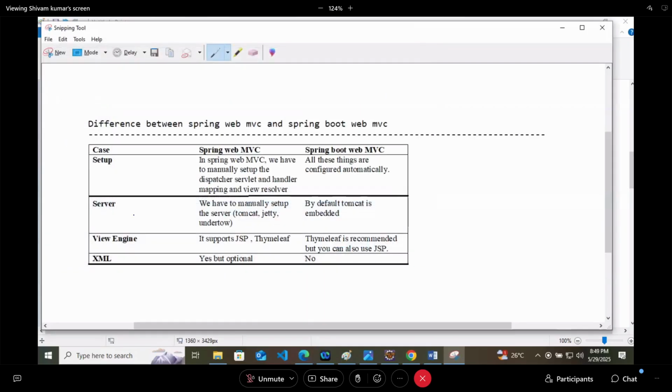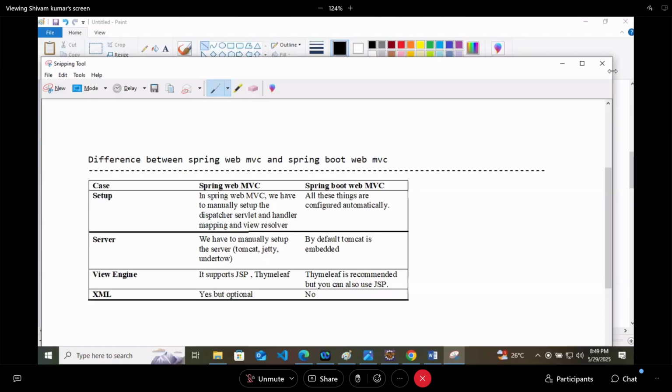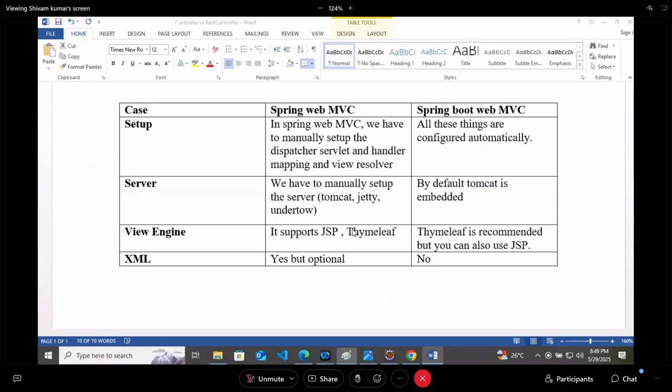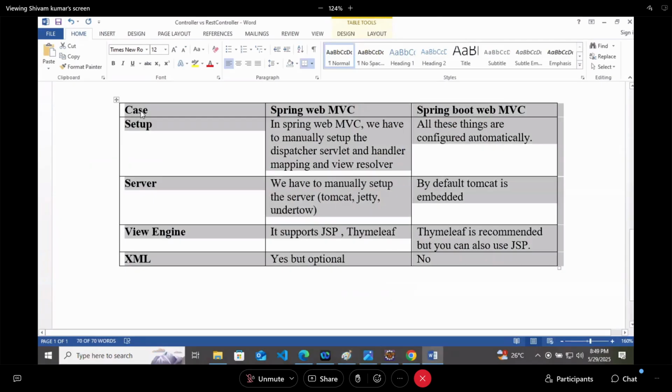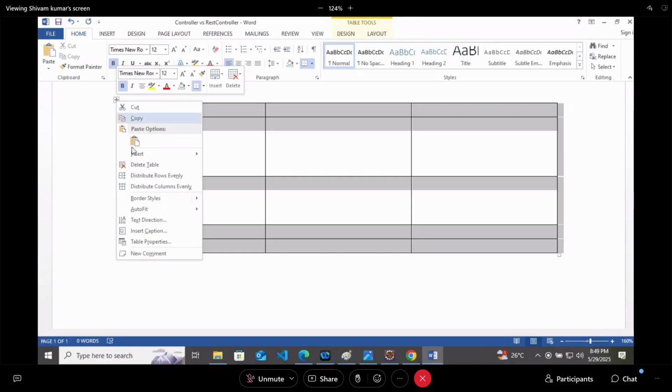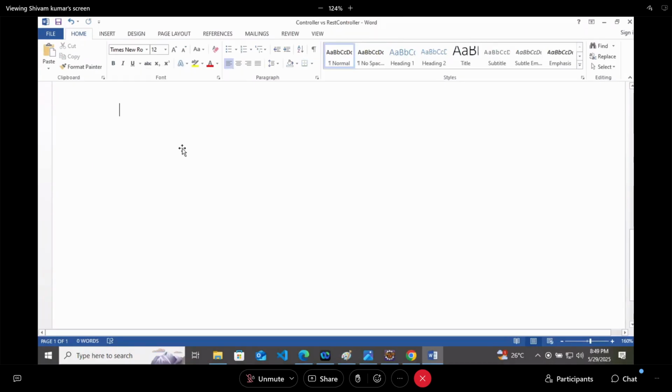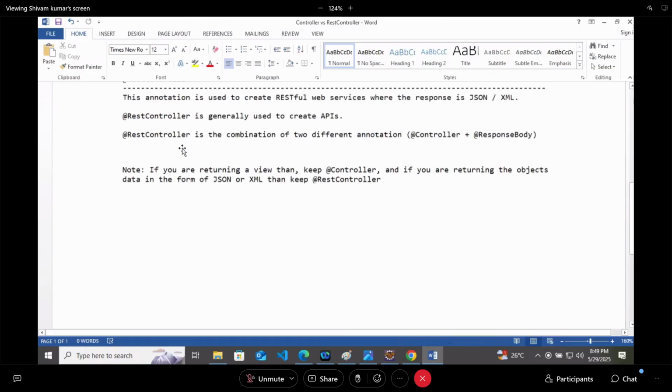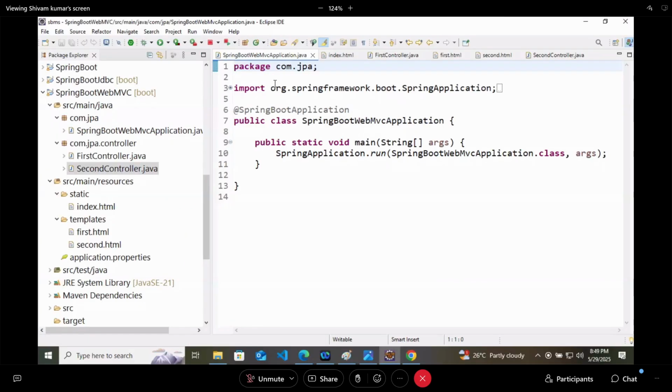Whenever you create a Spring Boot project with Spring Web MVC, there is no need to configure any dispatcher servlet or any resolver. But what you have to add is Thymeleaf. So go to MVN repository, or you can directly go to the pom.xml file, and there will be one section to add Spring Boot starters.